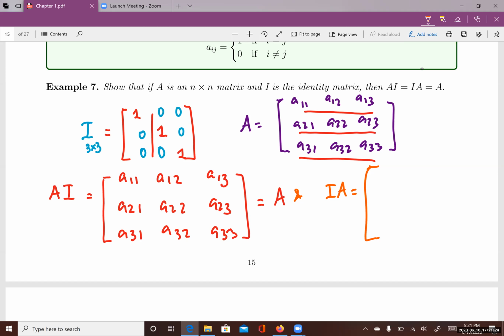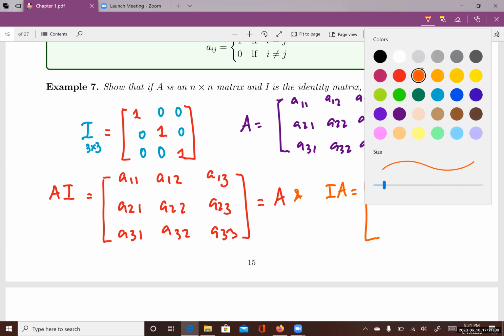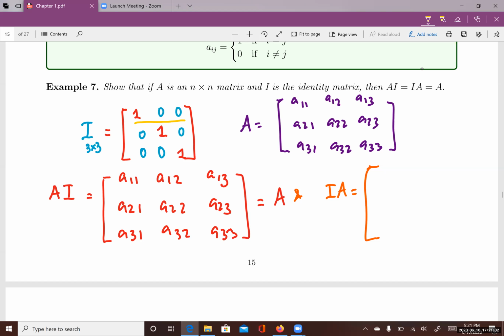If I multiply A by the identity, I take the first row, first column, right? I get 1, everything else is 0, so A11. Second row, first column, I would have A21. Third row, first column, I would have A31, and so on and so forth. So my product is going to be equal to